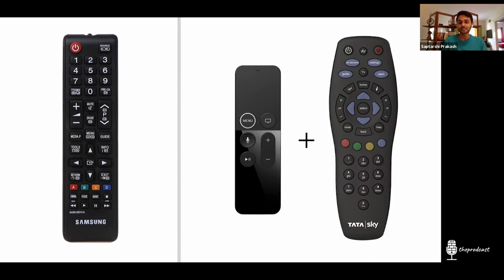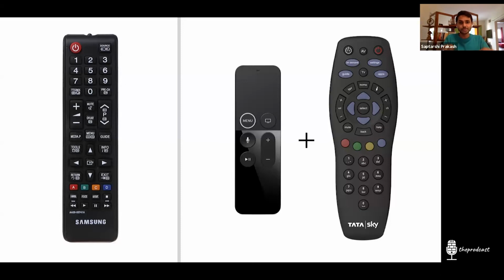Luckily, DTH connections like Airtel TV or Dish TV or Tata Sky come with their own remotes. But think of the local cable that we used to use once upon a time. How would you navigate using this remote or even this remote? It might get really difficult. So the fact that something looks cleaner and looks well designed doesn't mean it serves exactly the same purpose.